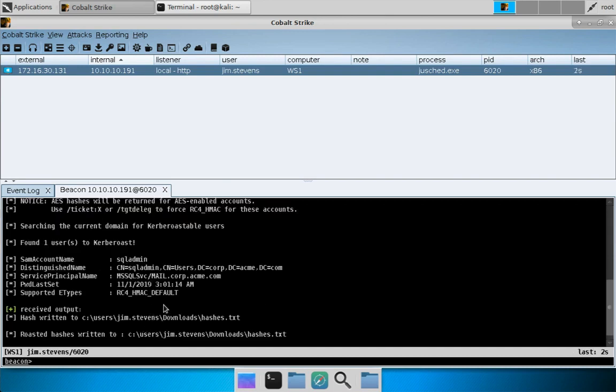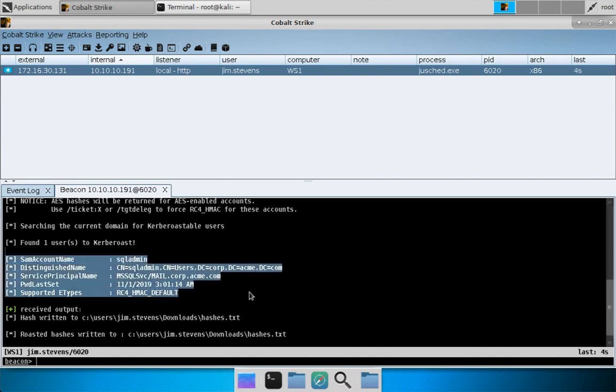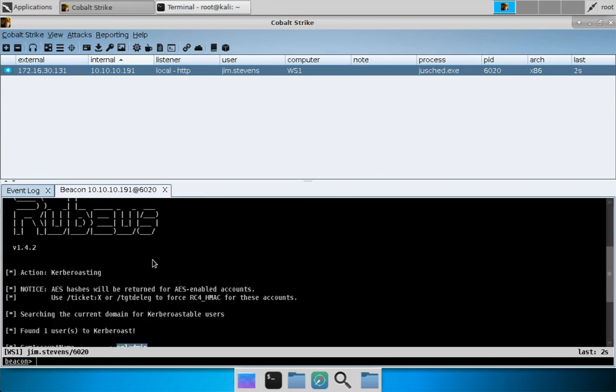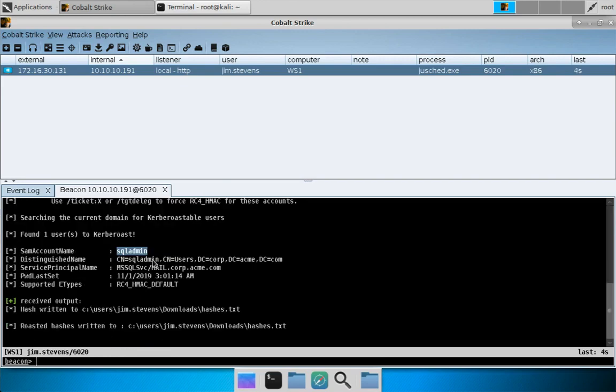And it's going to request the ticket granting service ticket as well and save that information to hashes.txt. You can see that we do have one. This is SQLadmin. I actually installed a Microsoft SQL server in this network, and I have it running as the domain user account SQLadmin. All right, so let's download hashes.txt